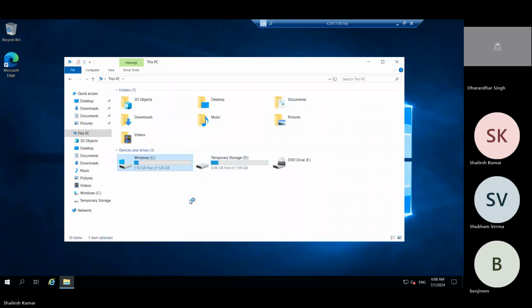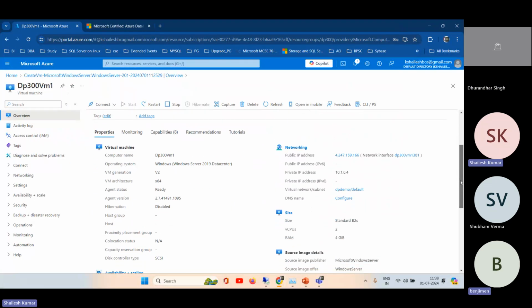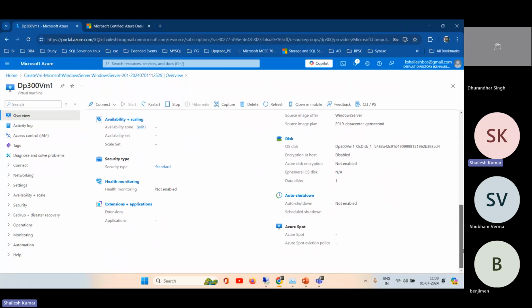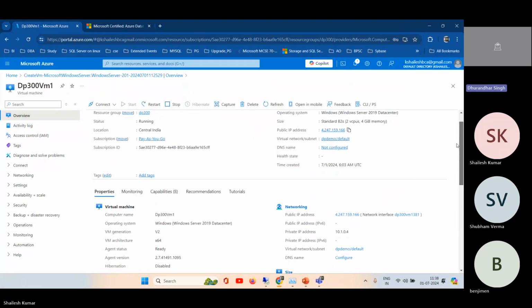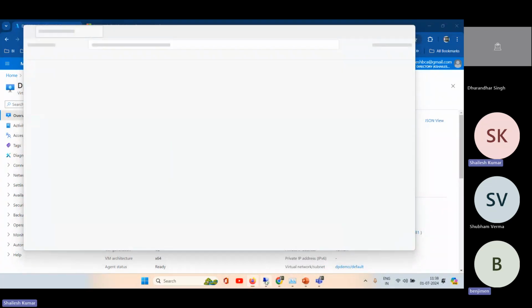Okay. So now we have added one 512 GB additional storage disk. What is this? Monitoring. Okay. So now from here we can add from the storage.